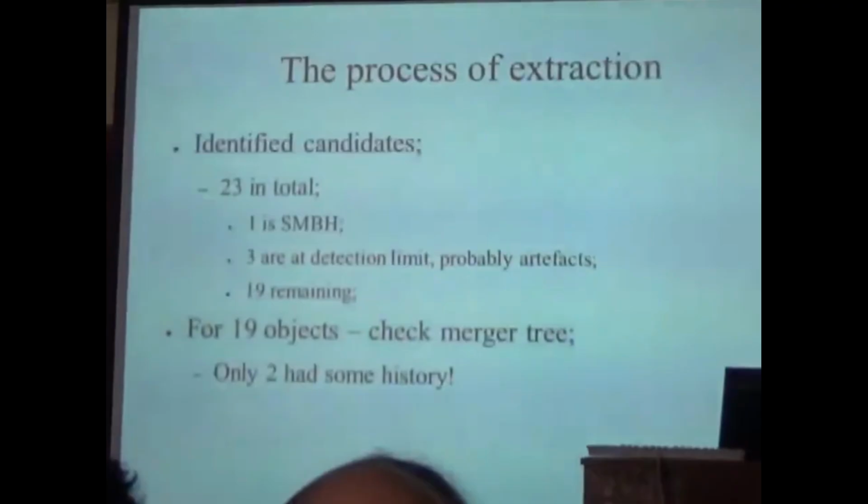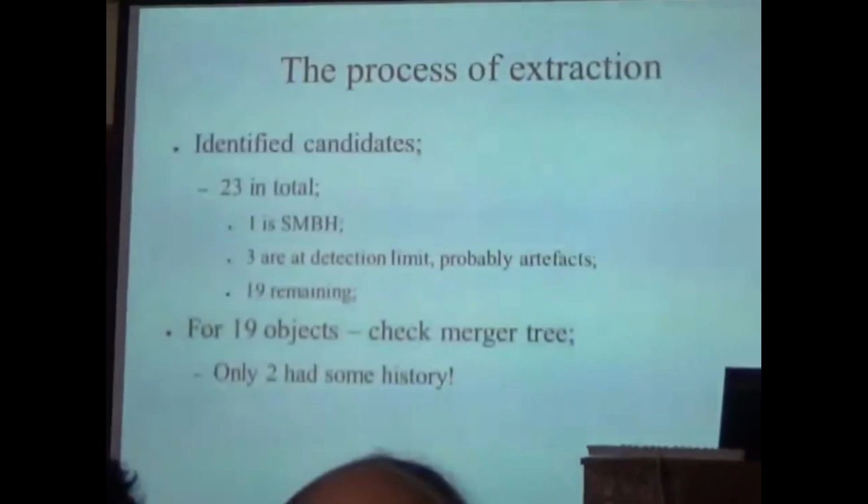Next to the halo catalogs and merger trees, we had access to the particle data, which proved crucial for discovering these objects. So basically, using the observational data, we put some constraints for finding compact objects, which were less than 1 kiloparsec in half-light radius, and which were 100 kiloparsecs away from the most massive galaxy in the cluster of galaxies. We found 23 objects in total in the clusters of galaxies.